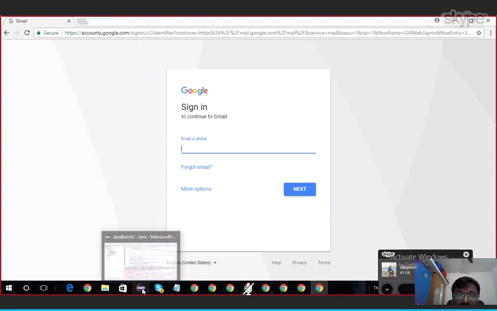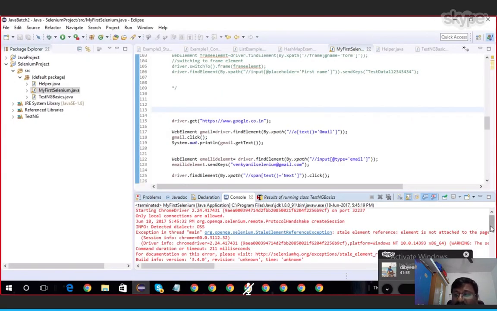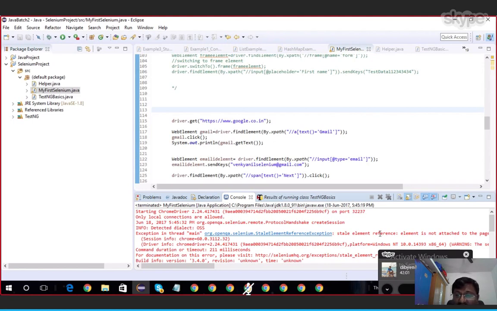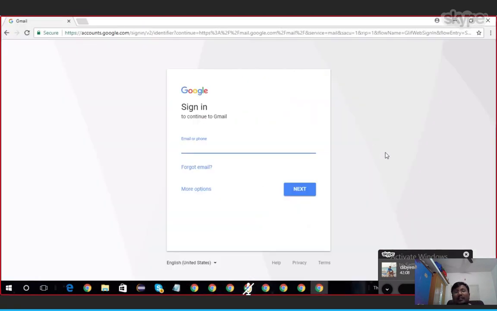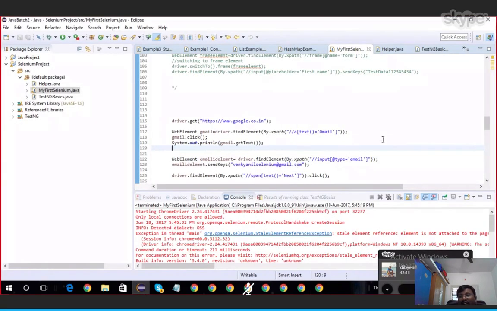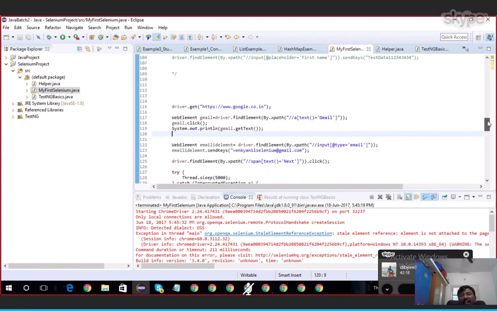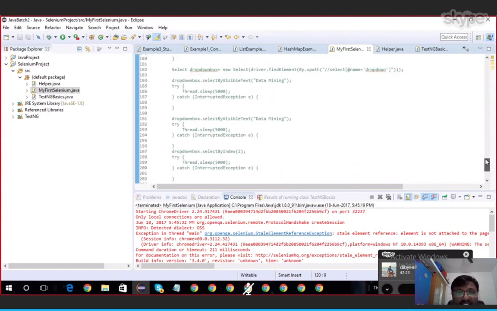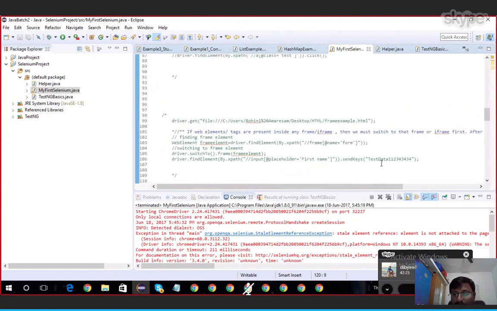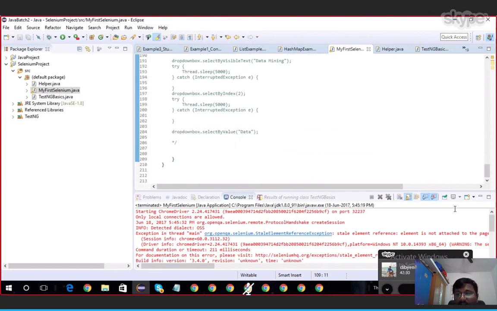Guys, observe this. That advertisement page, wherever we are clicking on sign in, that code we did not write. That is the reason it is failing here. Okay. Maybe in next class I will try to cover that one. That one will write in try catch so that it won't fail. It will proceed. Okay. If possible, we'll try it today only after covering this. Okay. Now we'll go to waiting mechanisms one.